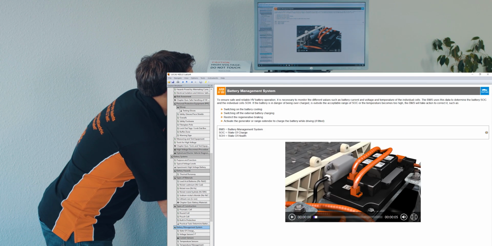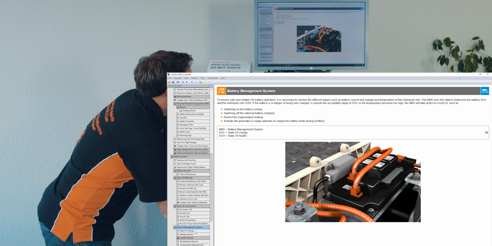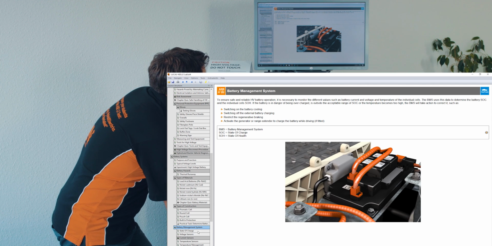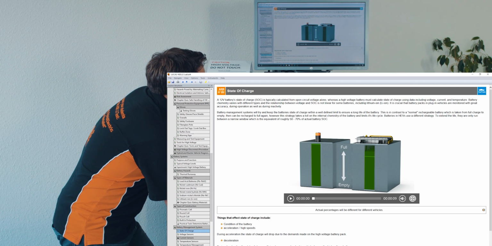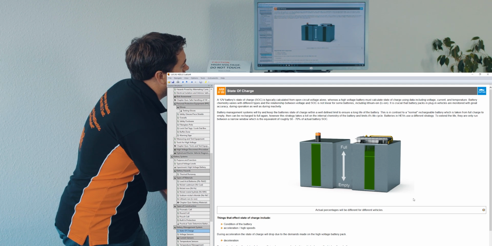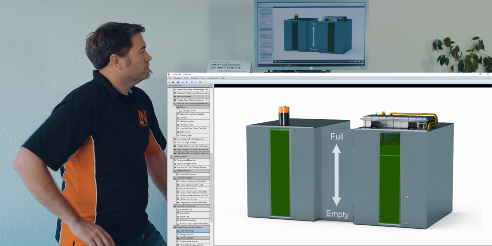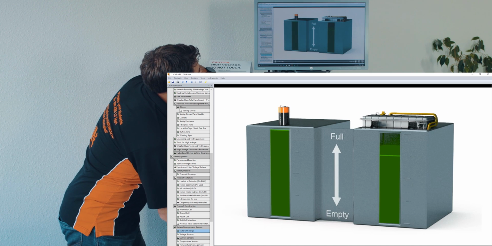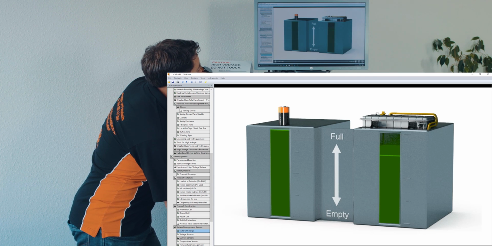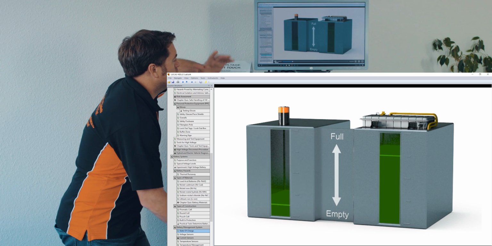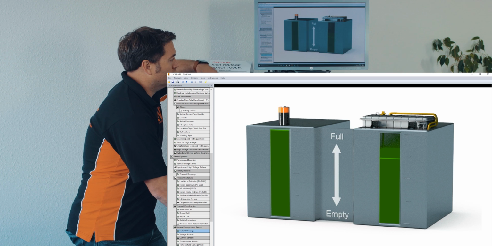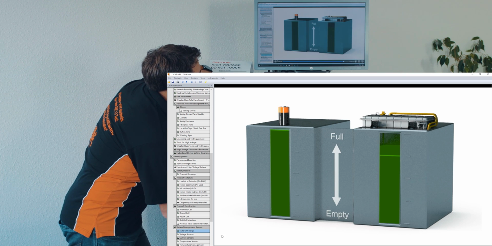Battery management system, there's lots of different types of things that are being tested in the battery at the same time. So state of charge is something that's very important for the vehicle. So we see here one of the main differences between your normal battery that you buy at the shop compared to a battery found in a vehicle. So you see here, the batteries can be flattened completely and then charged again. What we see in an electric vehicle is though,